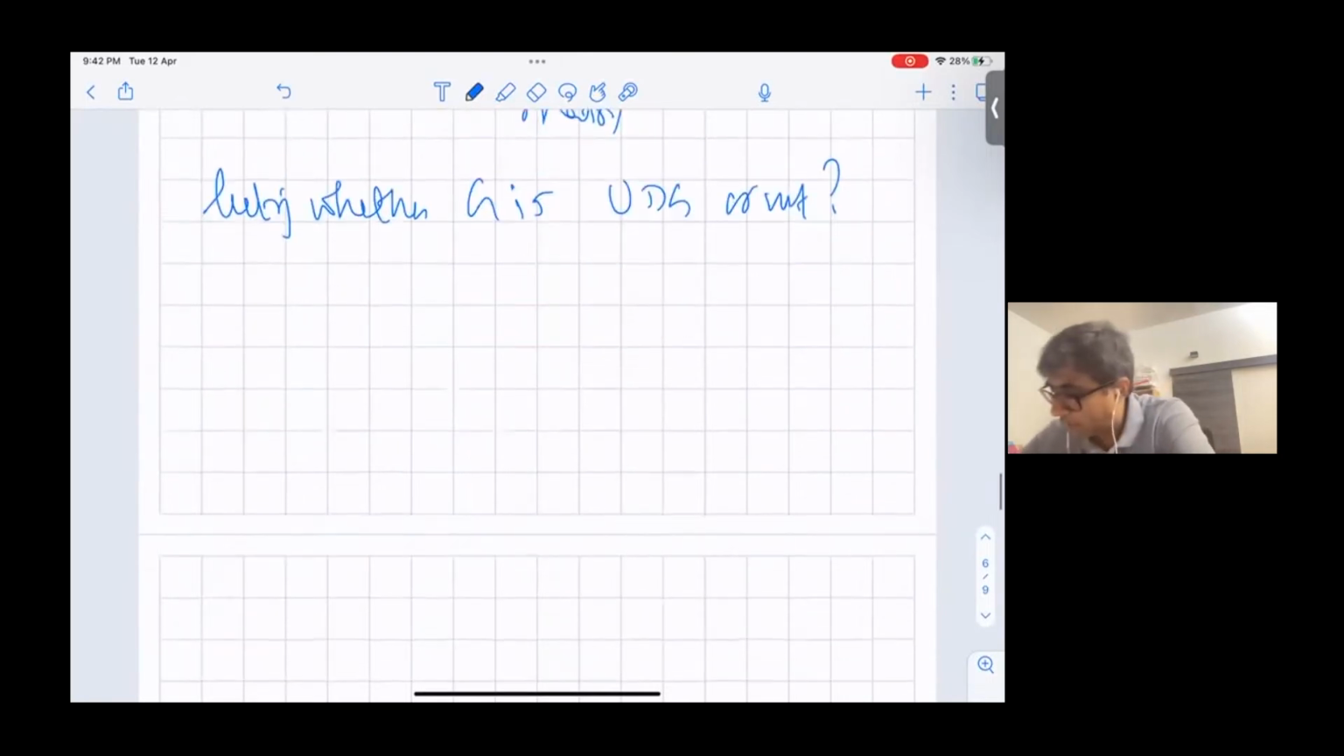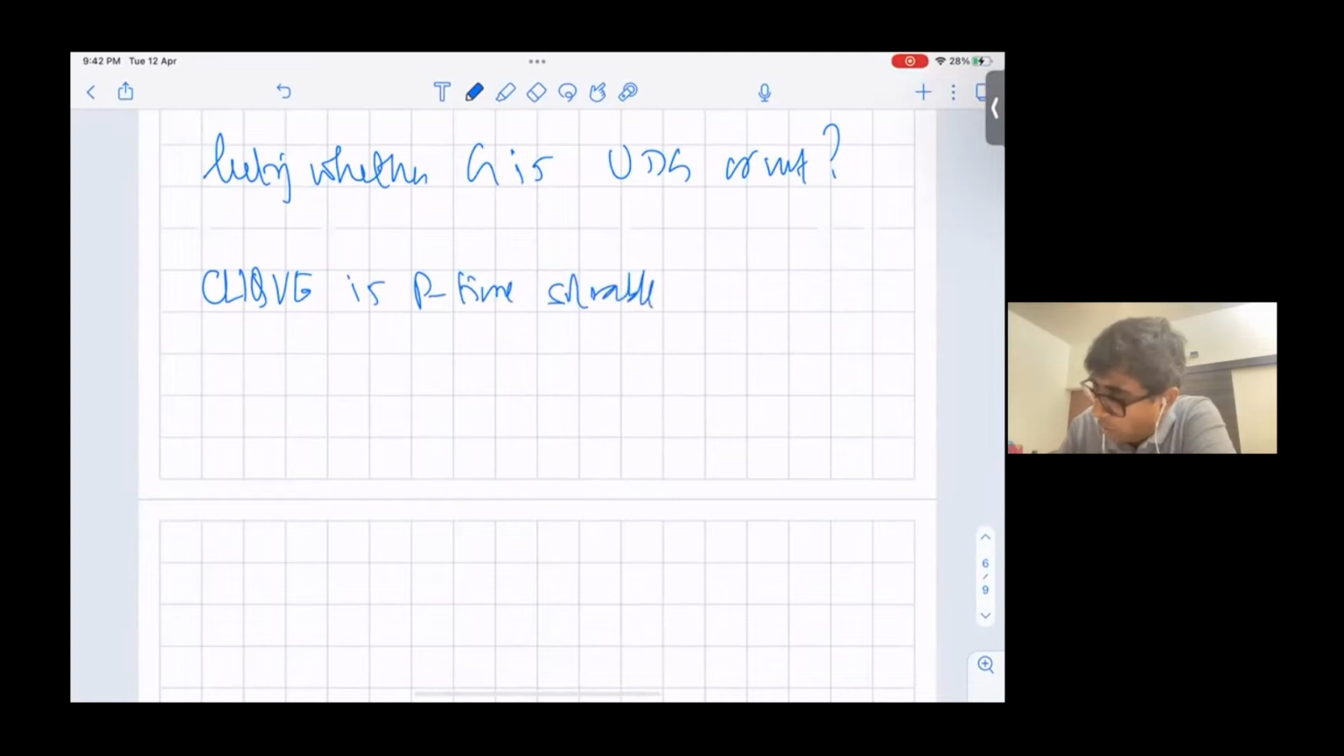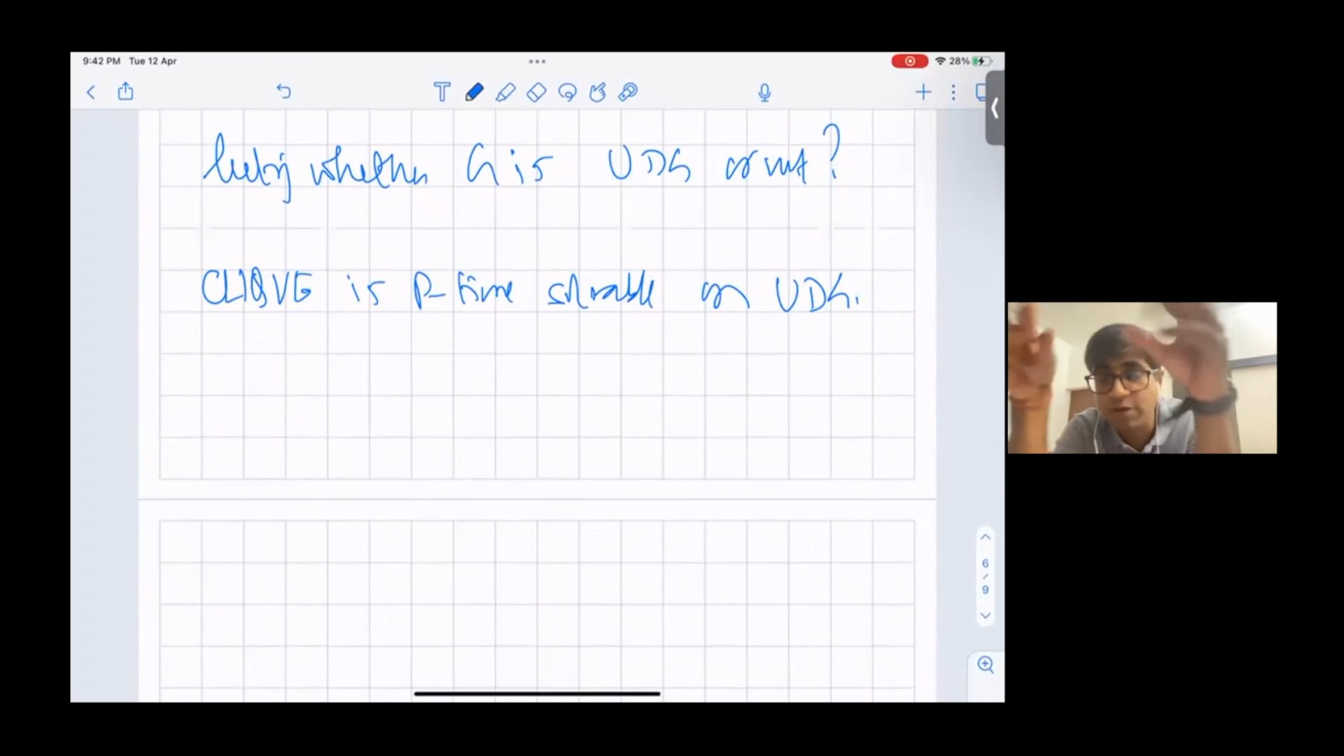Now there are algorithms for this, but what we know is that clique is polytime solvable on unit disk graphs. Okay. So what is the meaning of polytime solvable on unit disk graph? It means I not only give you the graph,